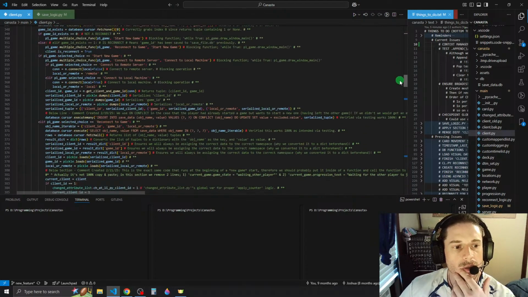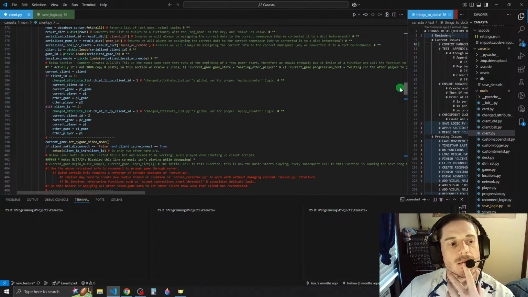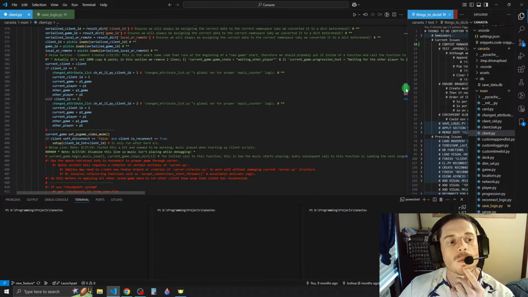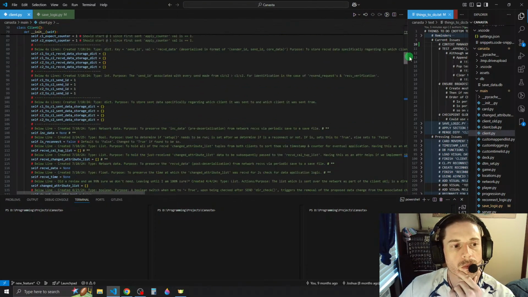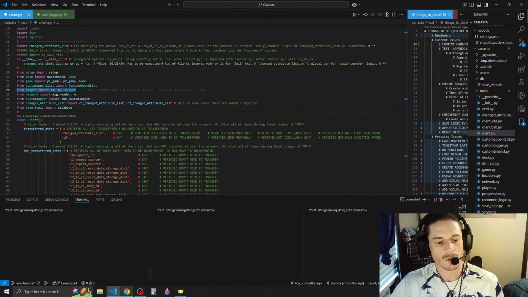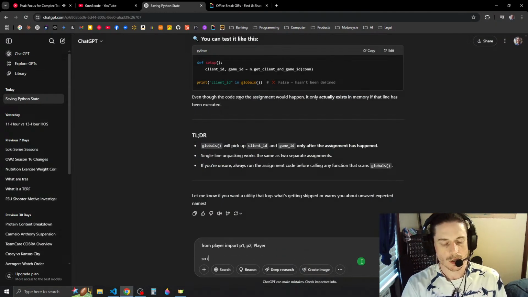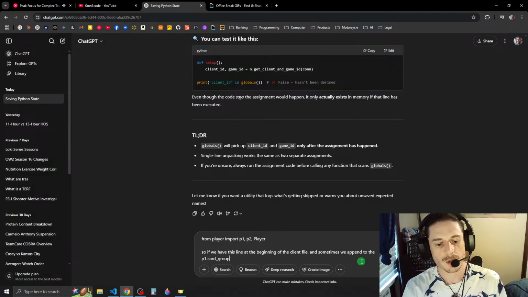Because we don't actually... so if we have this line at the beginning of the client file, and sometimes we append to the p1.card group to add more cards to it.